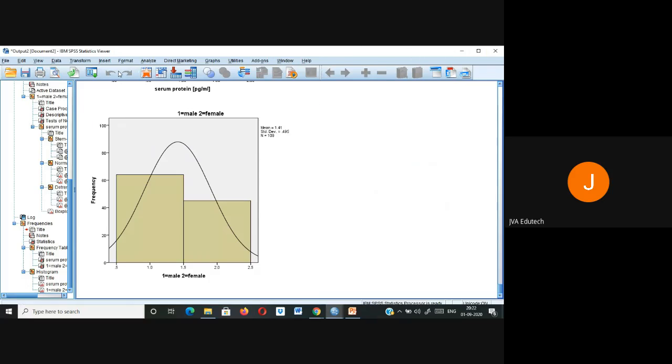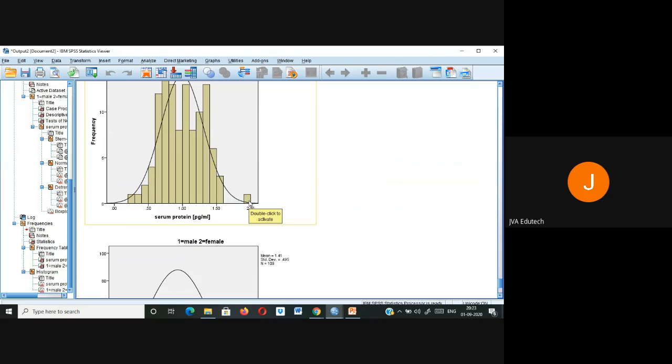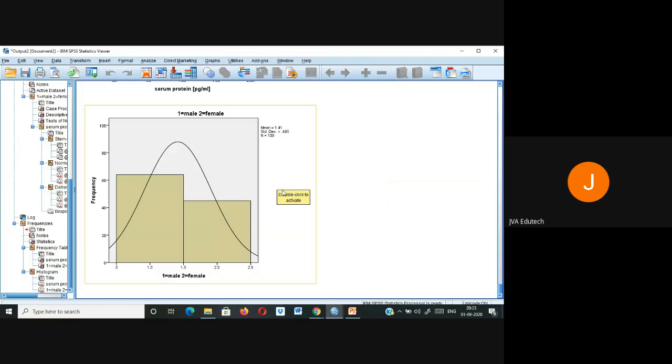Now coming to the second concept. First you will decide whether the data is metric or categorical. Continuous means metric data. If it is metric, then again you will go for the normality test. Now it's coming to be okay. Now you go for the test of homogeneity, because again my group is divided into male and female. So you will go for Levene's test of homogeneity, or you will check whether there is homoscedasticity or not.